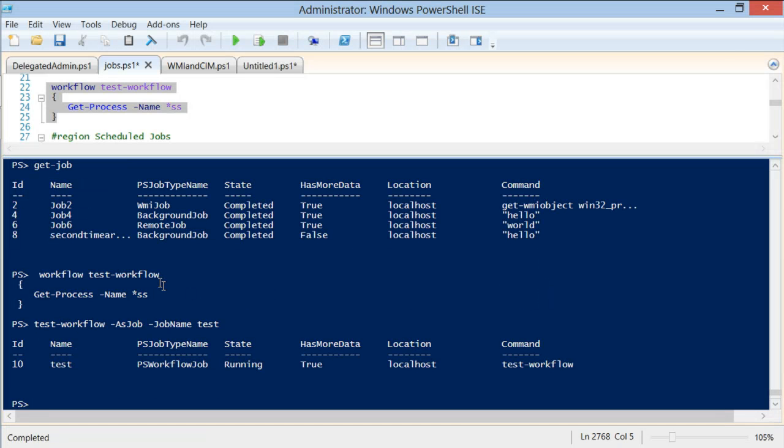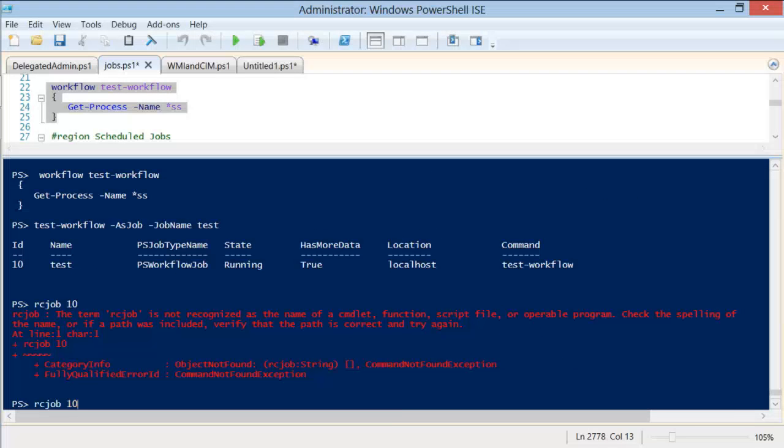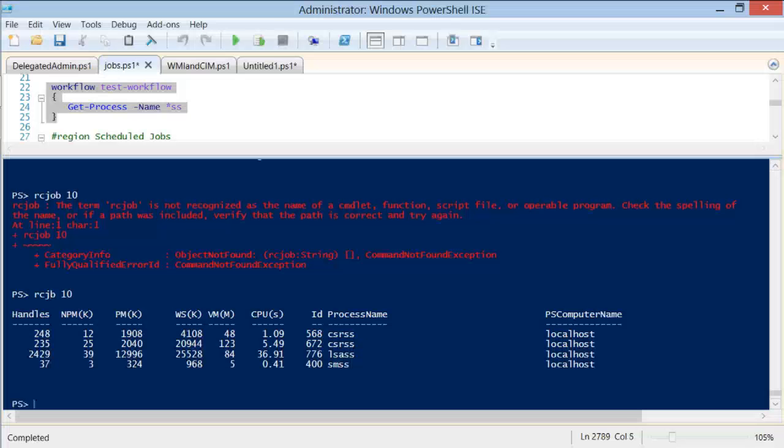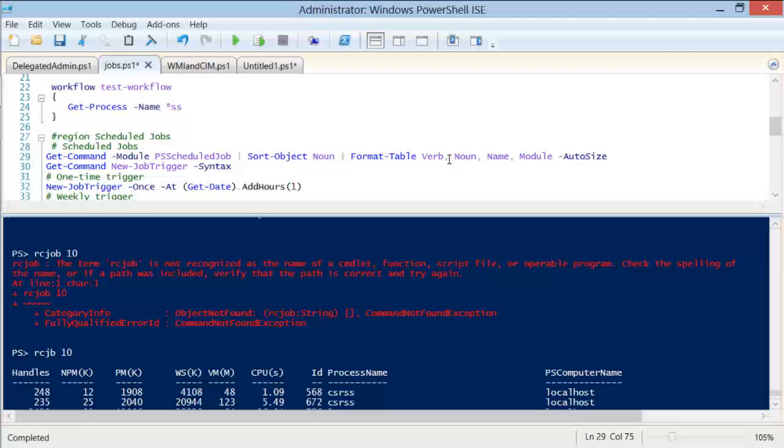So now it's running. Now we see another one, PS workflow job, its name, and that it has more data. Okay, so then when it's done, receive job 10. Oh, geez, Louise. Receive job 10, I get the stuff. All happiness. And then as Don was mentioning, we have